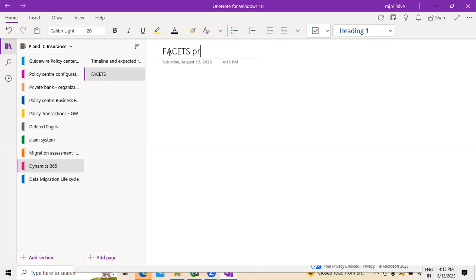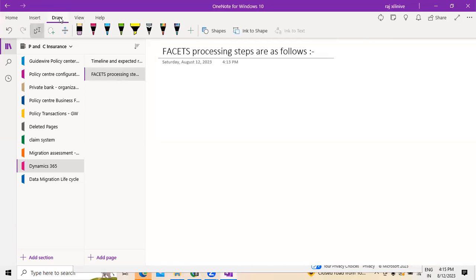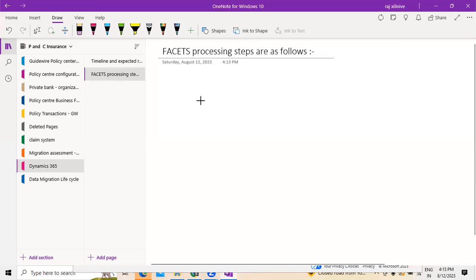So the Facets processing steps are as follows, right? This is what we are discussing in our session today. I am explaining the Facets processing steps to you, Mukul, now. The first one,